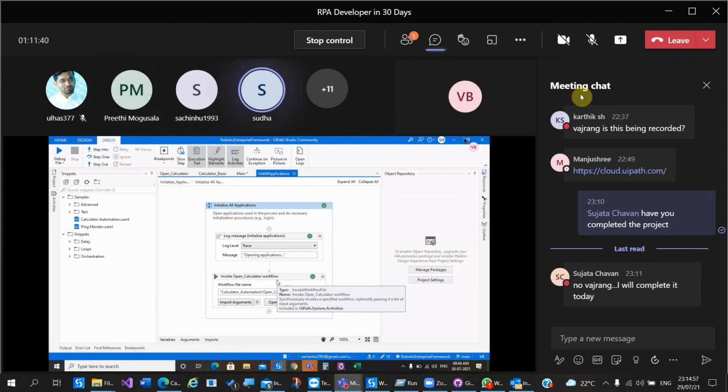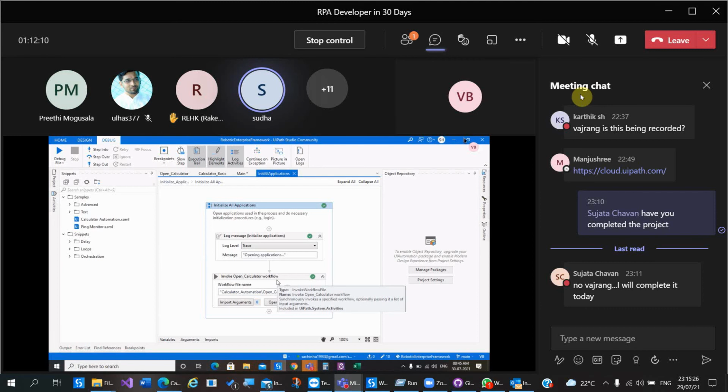Every time you run the application, it will always pass the data to the queue. So if we delete the queue in the orchestrator, it doesn't work, right? Yes. Again, you need to create a queue and then pass the data to the queue. Then only it will work. Yeah, I got the point. Okay.